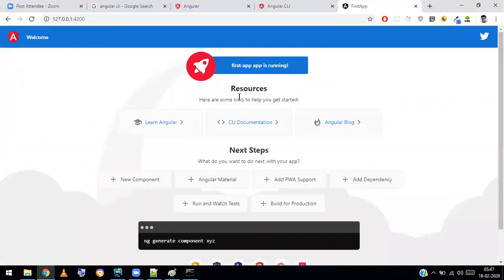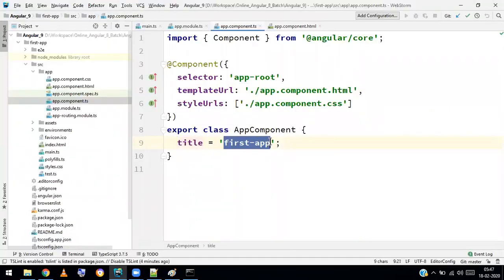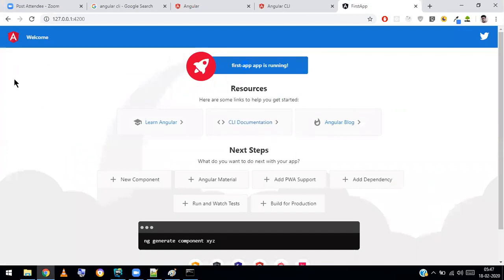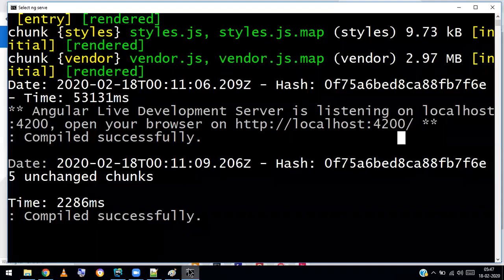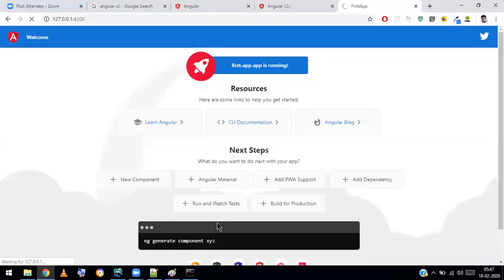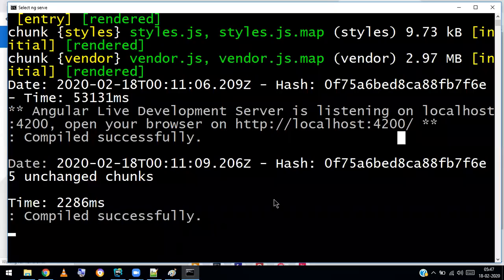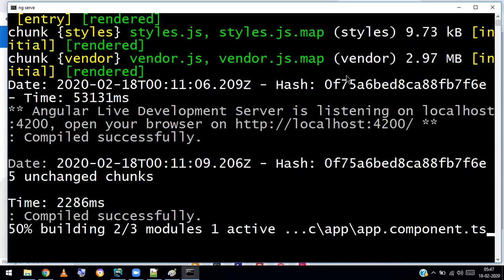If you want to cross-check, I will just change the title to hello. I changed it. Now check, not refresh. Why is it taking so much time? It's already running. Oh, one minute. Actually, I was running it outside. I'll just close it and run it from my...